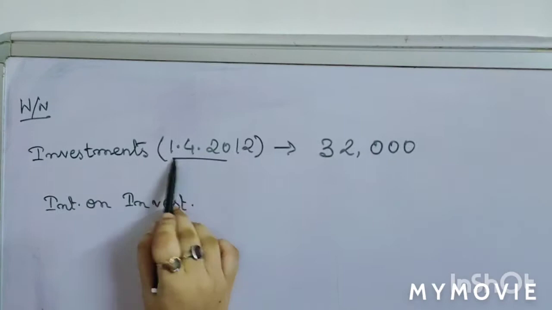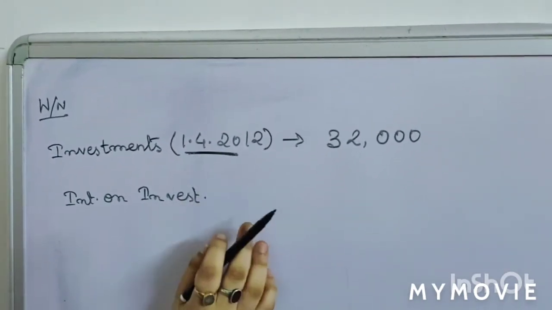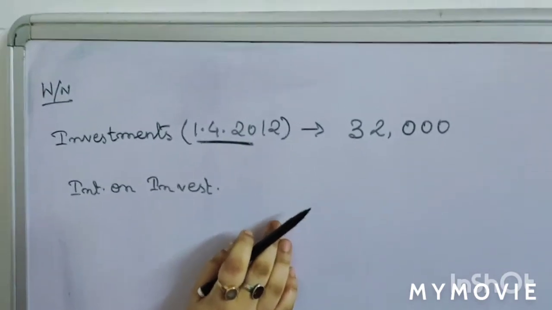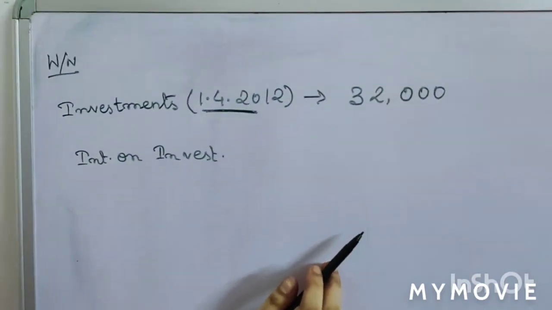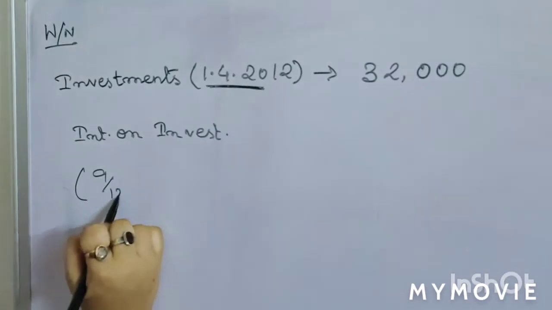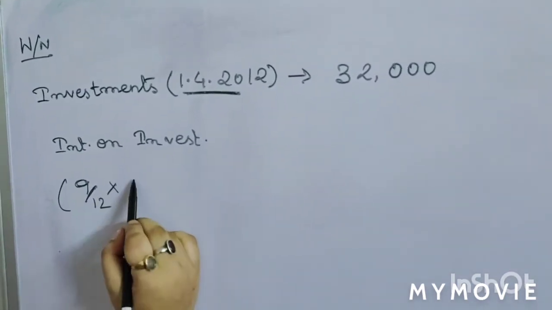You have purchased the investment on 1st April. That means you won't get the interest for the entire year. For how many months will you get the interest? You will get interest from April to December, because 31st December is the year ending. That means for 9 months you will get the interest. So it will be 9 by 12 into 20%